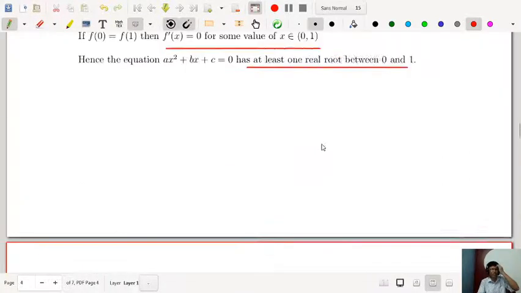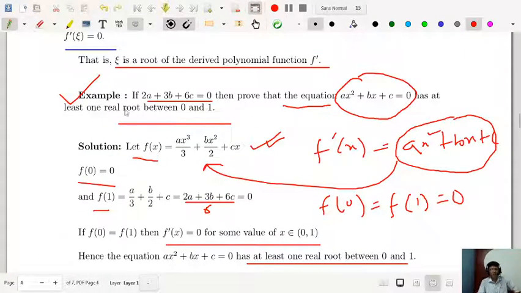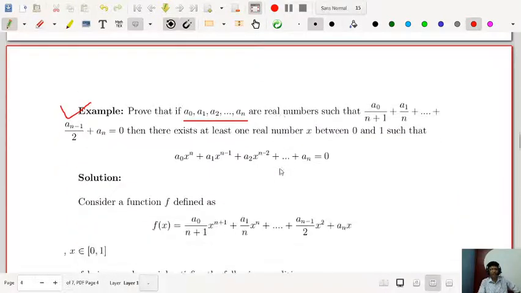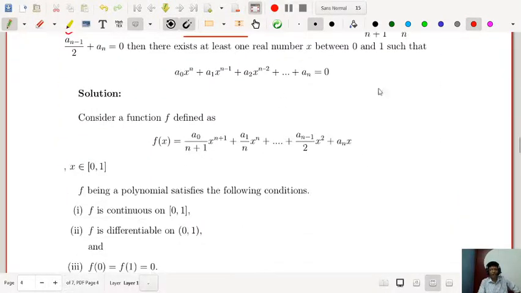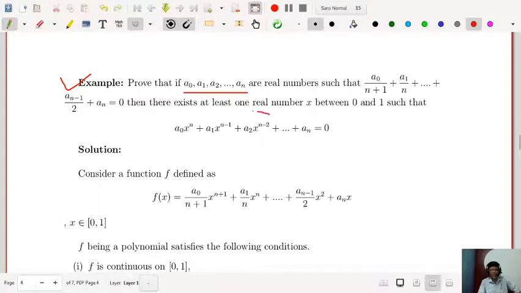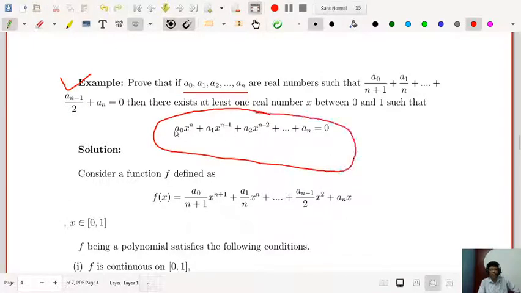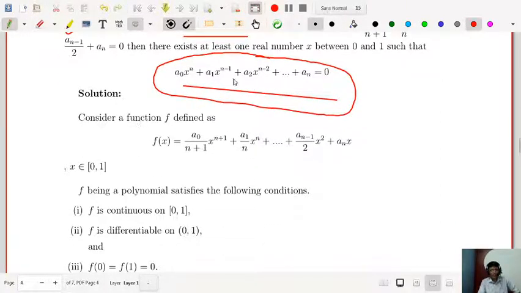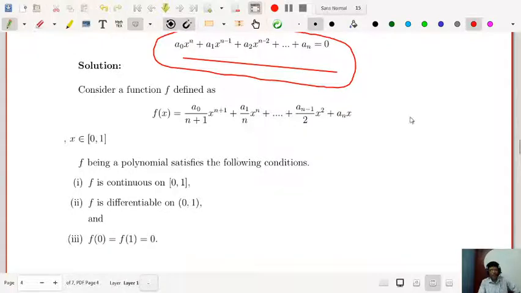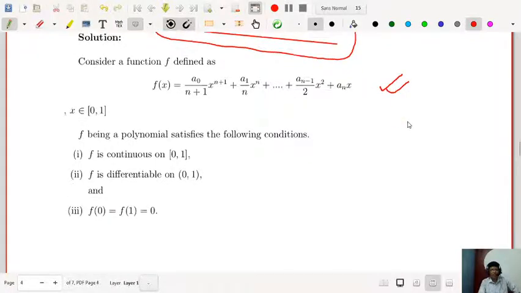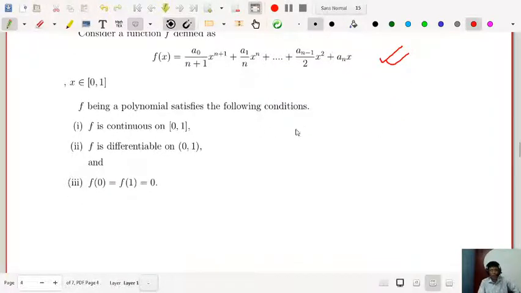This is the generalization of this problem. You can assume similarly, you can take the integration of this function, an nth degree polynomial function. You can take the integration of that and you can have this, and f being a polynomial satisfying the following